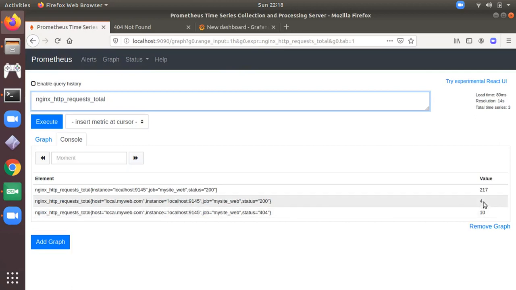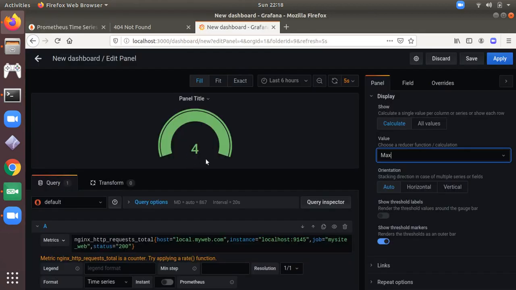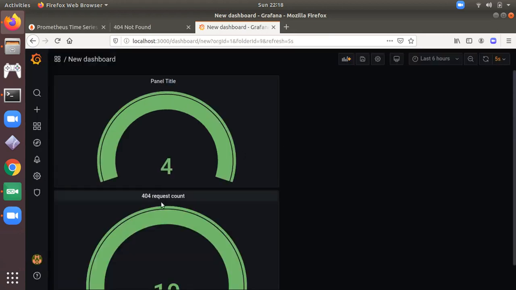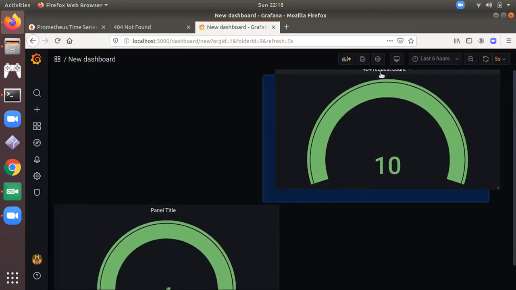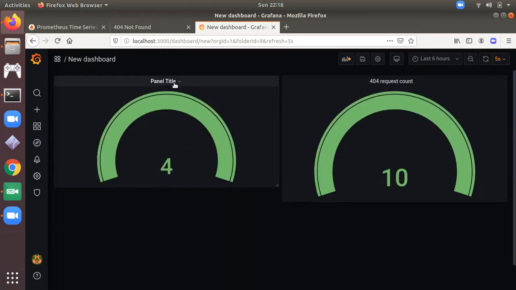So here you can see the 200 page request count is 4. So the same count is here. Click on save. So here is the data. I forgot to check the title.